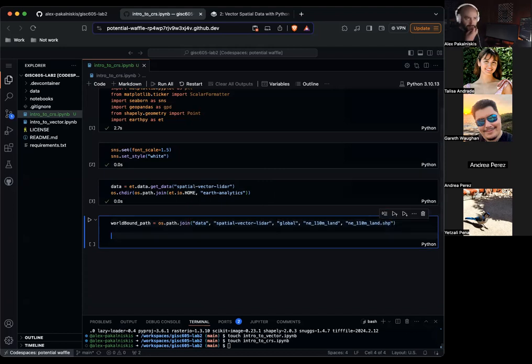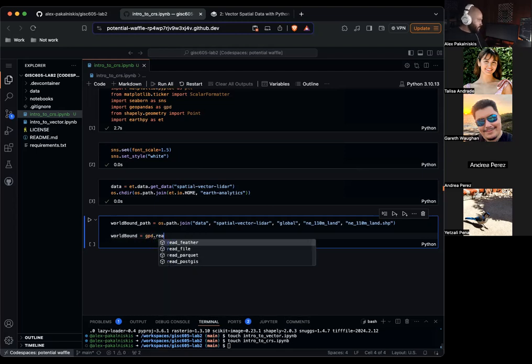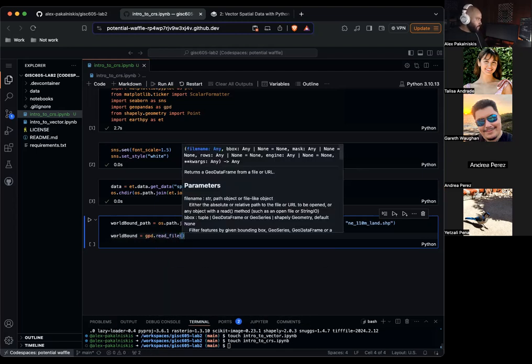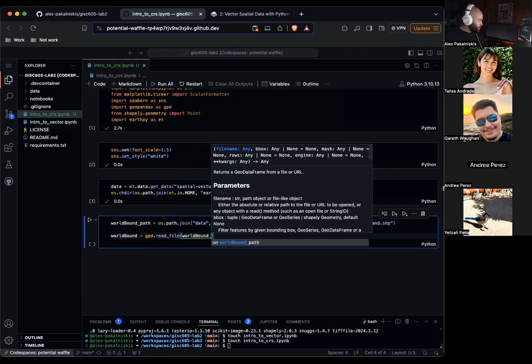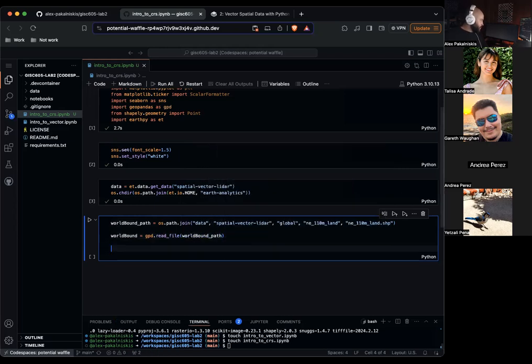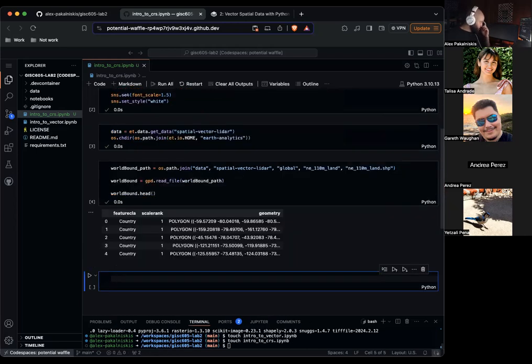And then let's read that in with GeoPandas. World bound path. And then let's show the first few lines of world bound. Cool.